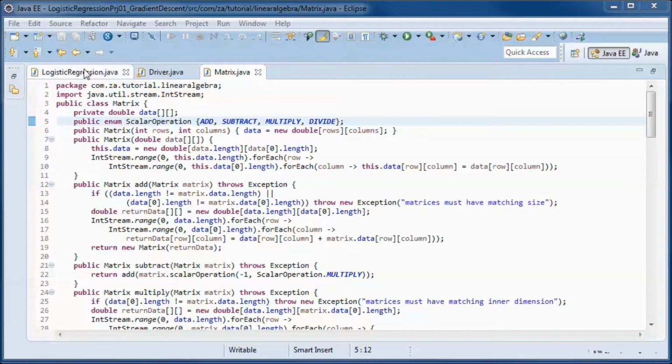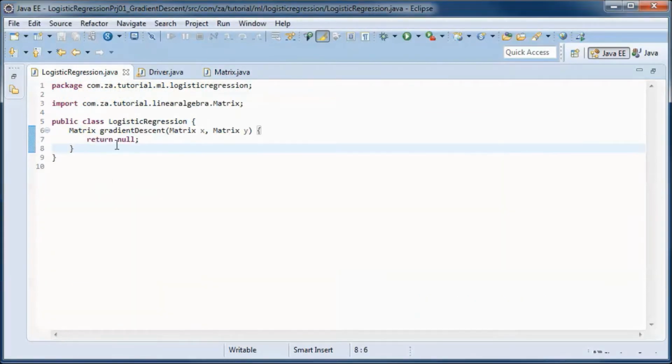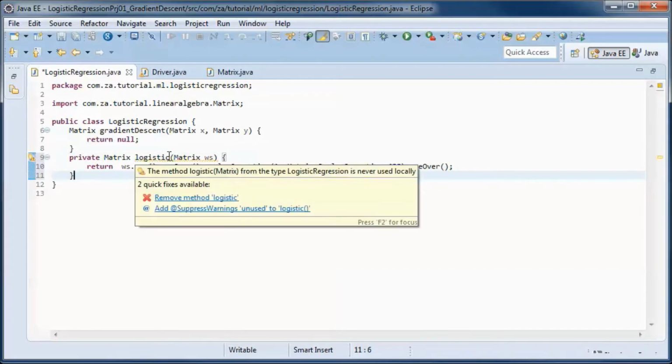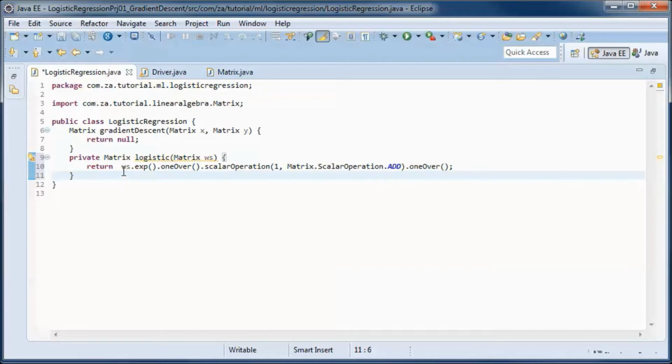And if we go back to this class and define the sigmoid method, e to the minus a number is like 1 over e to that number. So we take this matrix, the exponential of it, so we're saying e to the minus that matrix, and we're adding 1 to it, and then doing 1 over that addition.